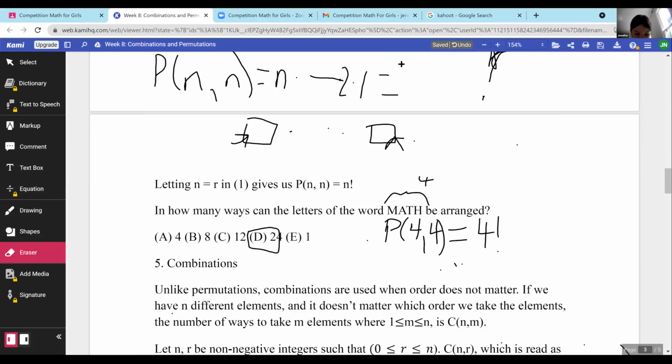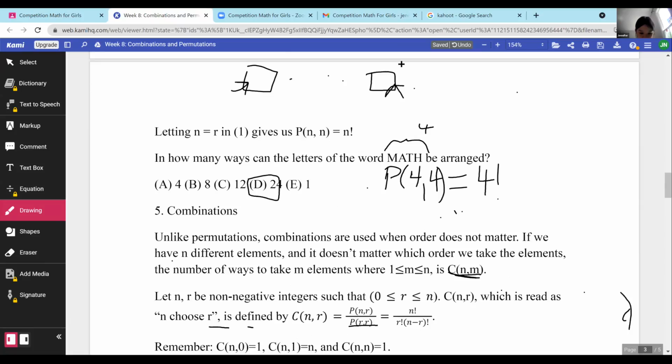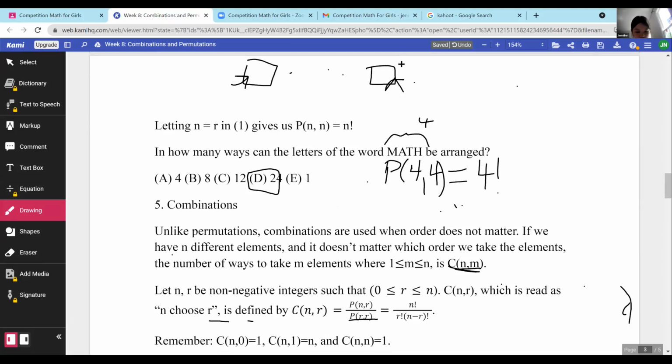Unlike permutations, combinations are used when order does not matter. If we have n different elements and it does not matter which order we take the elements, the number of ways to take m elements, where m is strictly between 1 and n, is n choose m. And letting n and r be non-negative integers such that r is between 0 and n, then